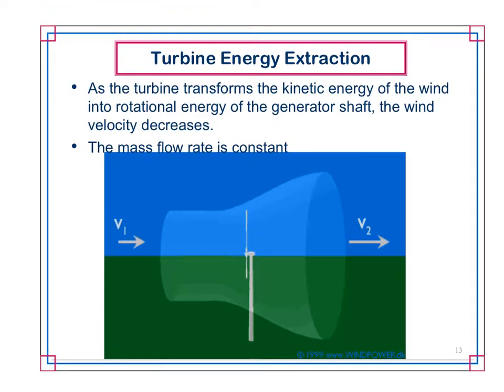Let's talk about that coefficient of performance now. So we looked at this slide, or a similar slide like this, last class, but let's actually apply it now to power in the wind. So we have two velocities. We have an upstream and a downstream. And you'll notice it's a funneling effect, essentially. The reason why it's a smaller area here is it's a much higher wind speed on this side than on this side, so it expands out